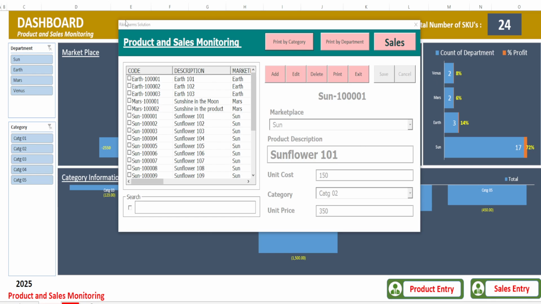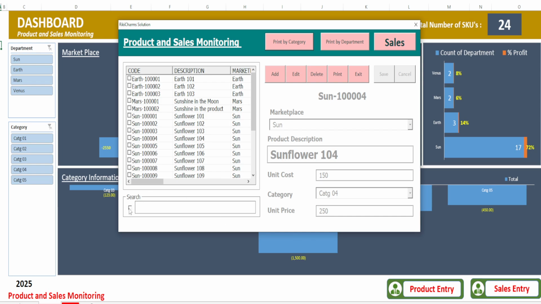In my first video I'll show you how to create a new record using this transaction form. But this time, allow me to share how to generate this report by selecting one record only, or by selecting multiple records, like for example this one, or by selecting all records to print. And then printing by category, and printing the report by department. So let's try to generate the report